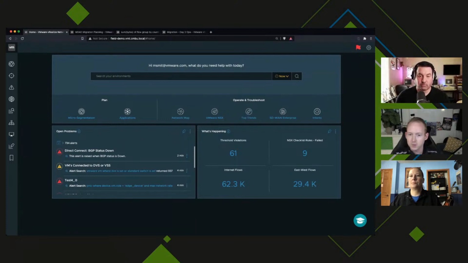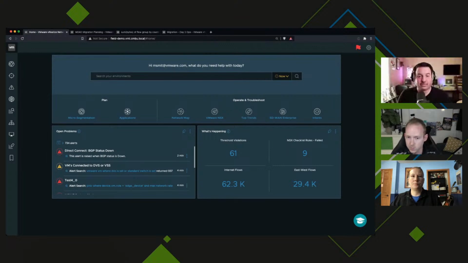Whether we like it or not, there are still a lot of customers that are doing zone segmentation. So they've got their VLANs, they've got their networks, they've got their physical firewalls, and they just want to secure the traffic going over that firewall or coming in and out of the DMZ, so the internet-facing zones, those type of things. So you can choose your own adventure, basically, because if I go into the microsegmentation planner, I could